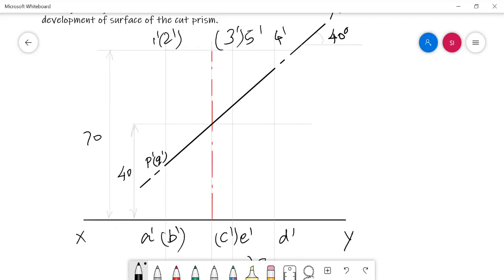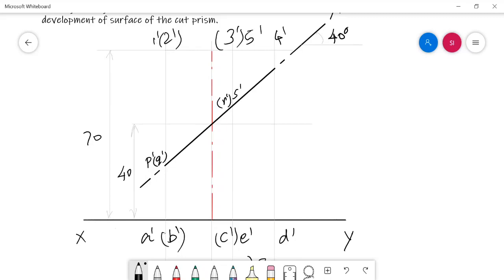This intersection is with the axis. There is no way to get a cut point. Again continue to travel. Again one intersection is there. Here just examine how many edges are passing over this path. 3 dash C dash, 5 dash E dash. So totally 2 edges are passing over. So in this part we can get two cut points. They may be R dash and S dash. Give a bracket for any one and then continue to travel.